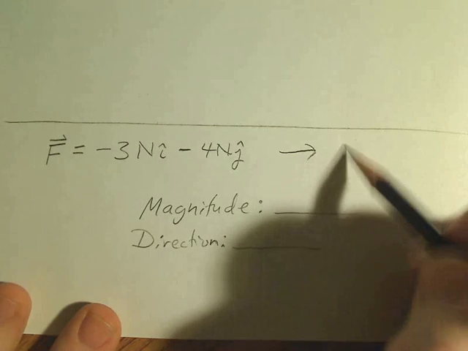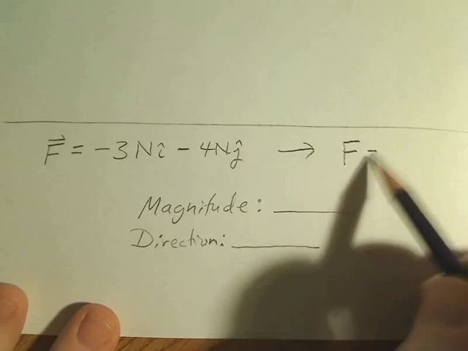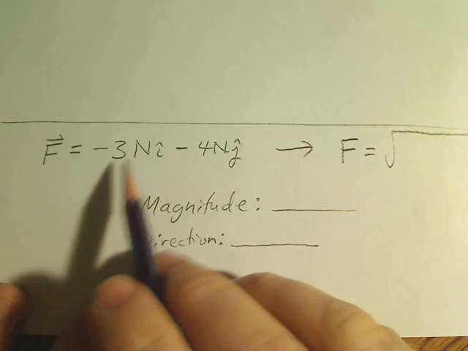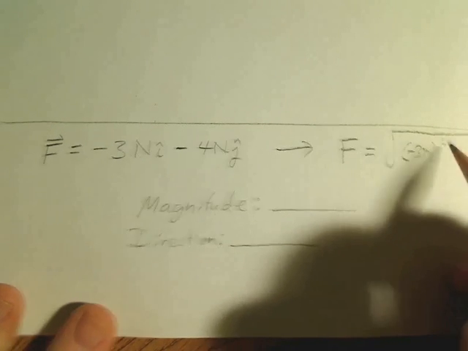And so if you look at the magnitude of the force, that's without the vector sign on it, it's equal to the square root of the sum of the squares of the two components. So it's negative 3 newtons squared